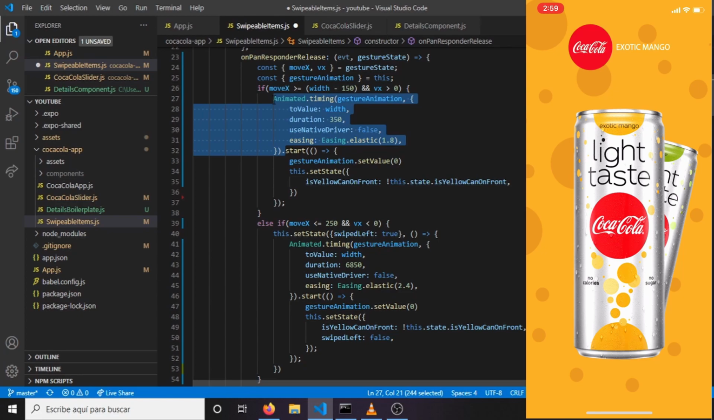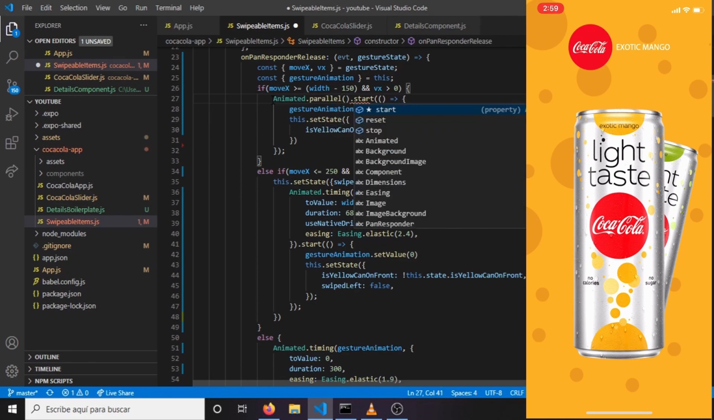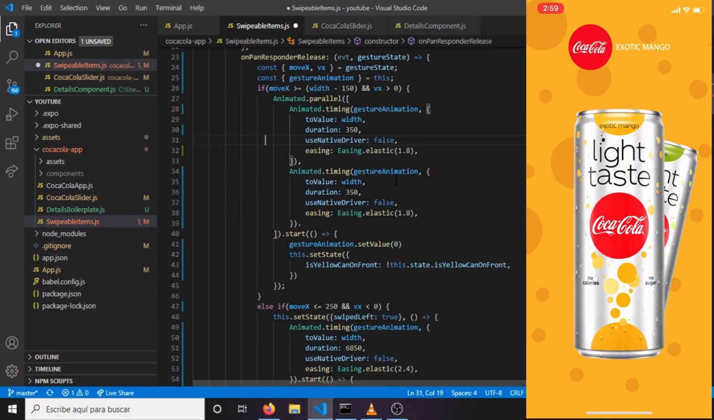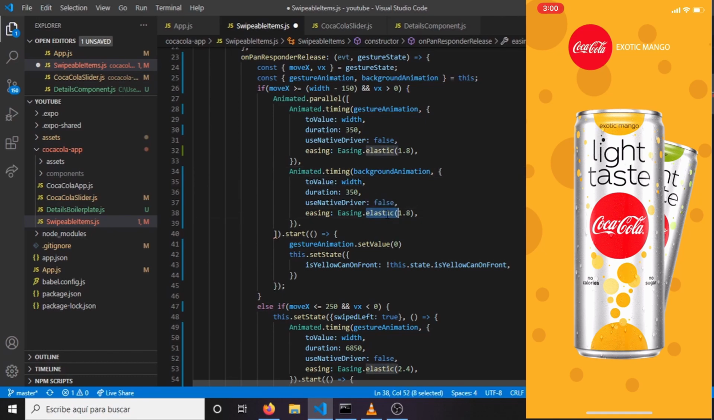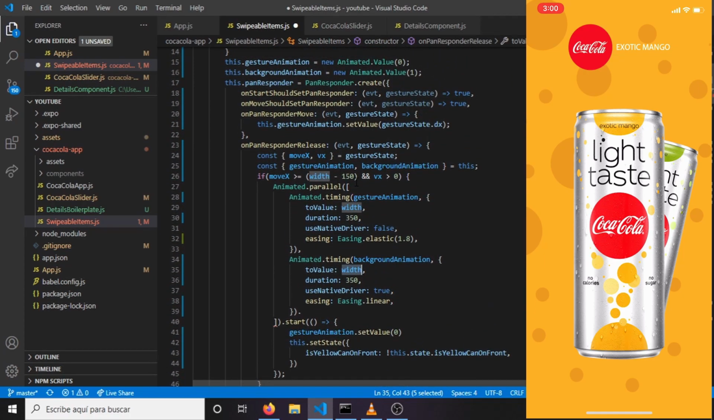So now here, instead of timing, it's going to be an animated dot parallel. And we're going to include this. And this is going to be the background animation. We're going to use the in linear here. And use native driver. And the value is going to be,